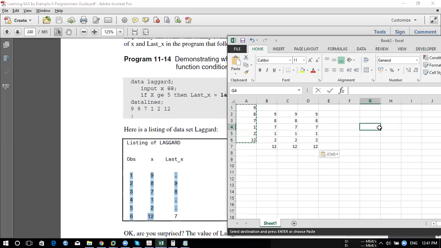Now the problem is with 1 and 2, correct? We are not going to meet this condition over there. So for a 1, we are not meeting this condition. It will be a dot, it will be a dot. Now for this 12, x is greater than 5, it's there, correct?